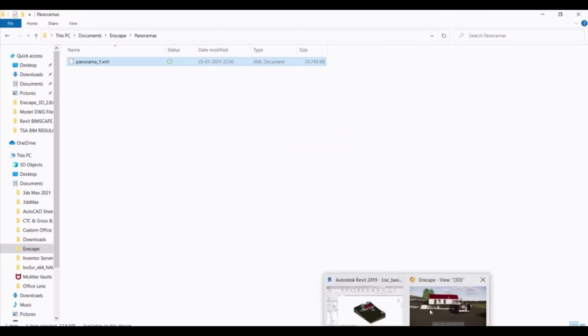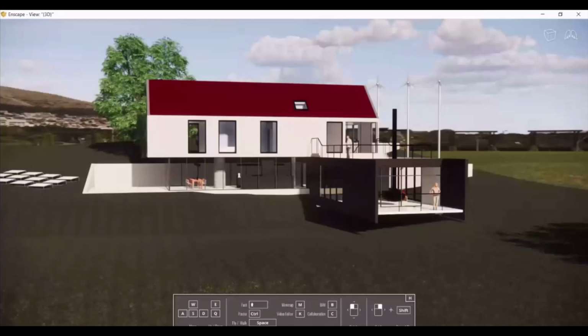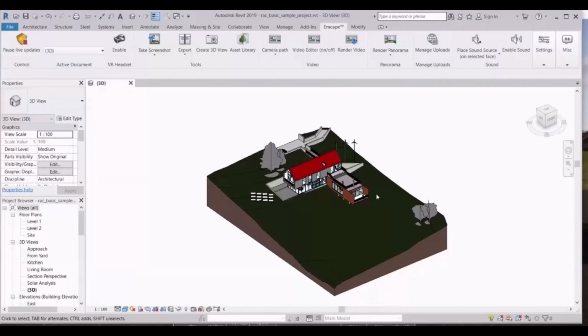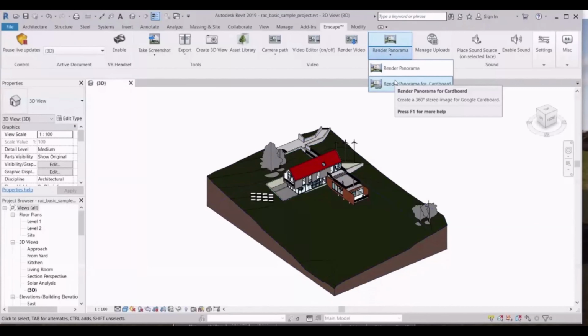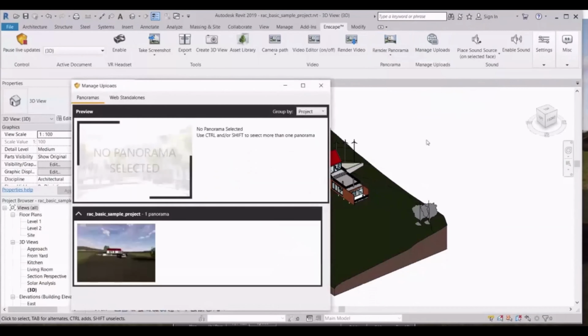Okay, so let me check in Revit. Let's check your manage uploads. So this is the panorama, and you can view it.